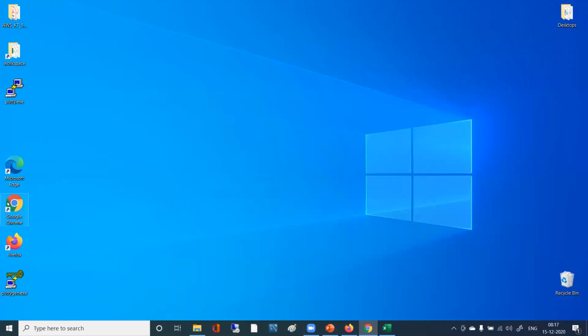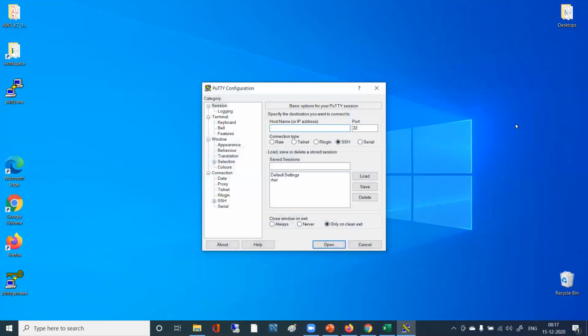We just go here. We open putty.exe. Okay. So here we will put that IP address, right? And what is the port for SSH? 22. What is the protocol? SSH, right? So we have the option here. Now you might be seeing here default setting only for you. For me, something else is also. Now you have some options right here to load the keys. Can you find it out?